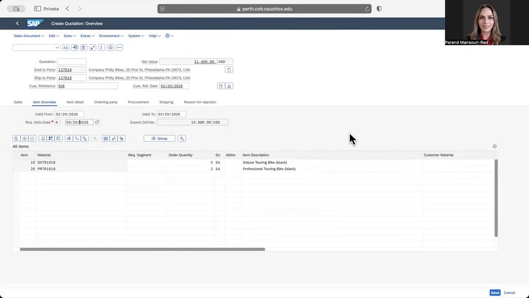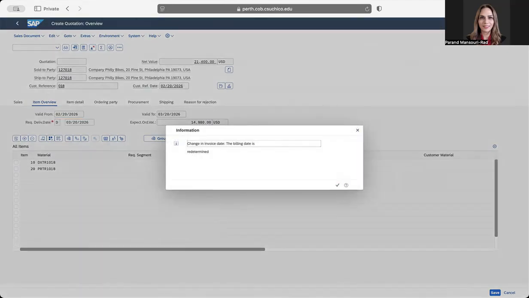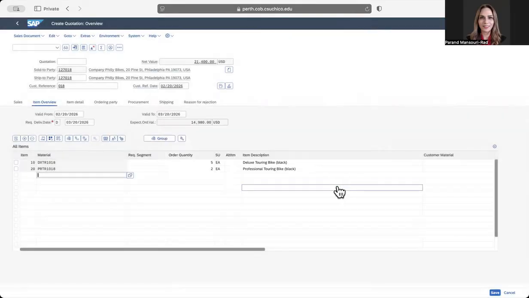Then click on enter. You will get an error. It's okay. Click on enter again. And click on the continue or enter. You can click enter again or just a check mark. Once you clear your error,